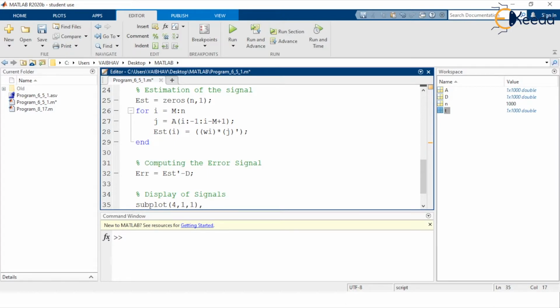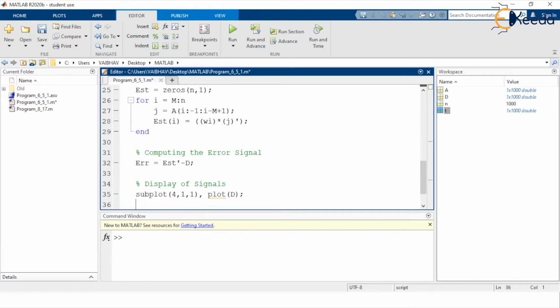So in the first cell, making the assignment for display purpose, let us use the plot command, where the input argument is capital D, which is holding the information of the desired signal, and to this particular cell let us provide a separate title. So with the title command, within a pair of parentheses and a pair of single quotes inside, I write desired signal, at the end semicolon.